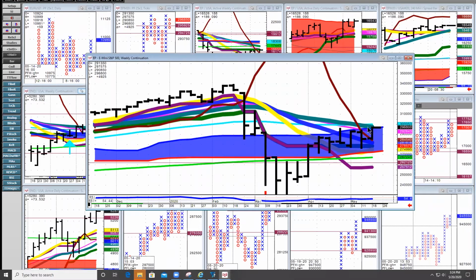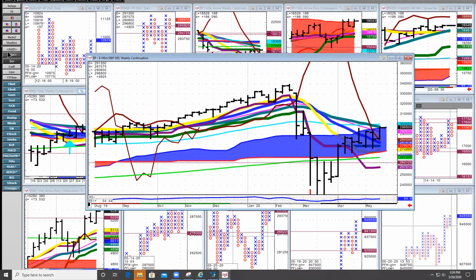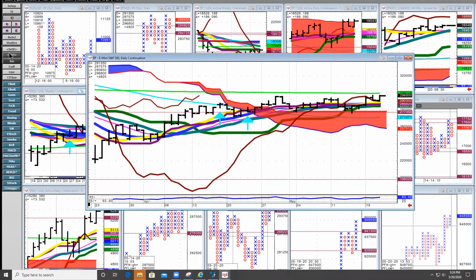So this is the 50-week. This is a 21-week moving average in the S&Ps. All this does is I use a simple moving average. I use the typical ones. The Aqua is the 50, the 200-day. This green line is, I like